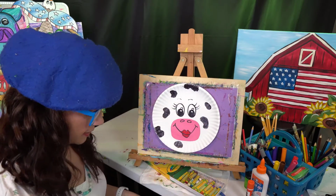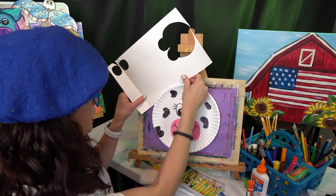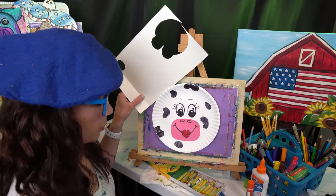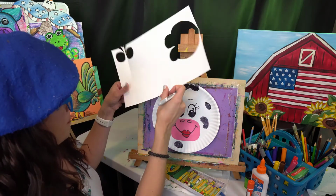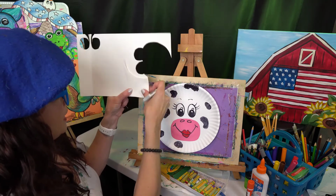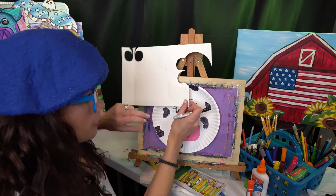And then what if we made our cow some ears? We'll just keep it simple with the ears. May not be big enough, huh? Might have to do them a little bit bigger. Okay, and I will just do